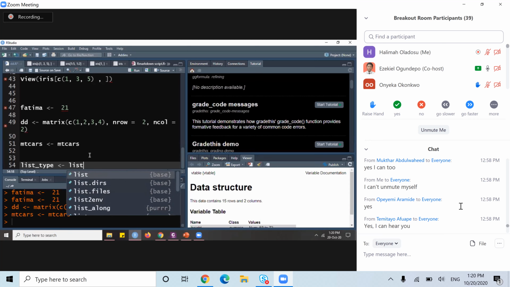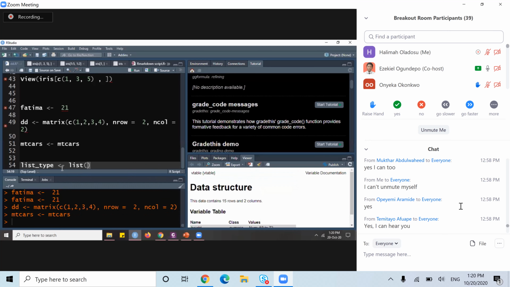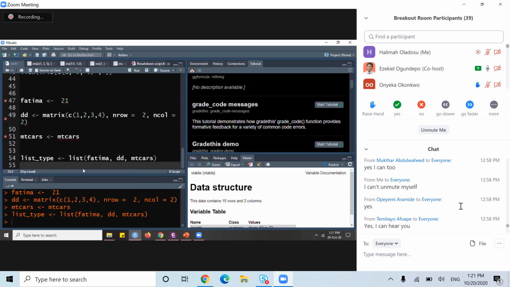So the function for list in R is called list, L-I-S-T, as its name indicates. So I can now insert my objects there: Fatima, DD, an empty cast. Then I run it. So if I look at the list type,